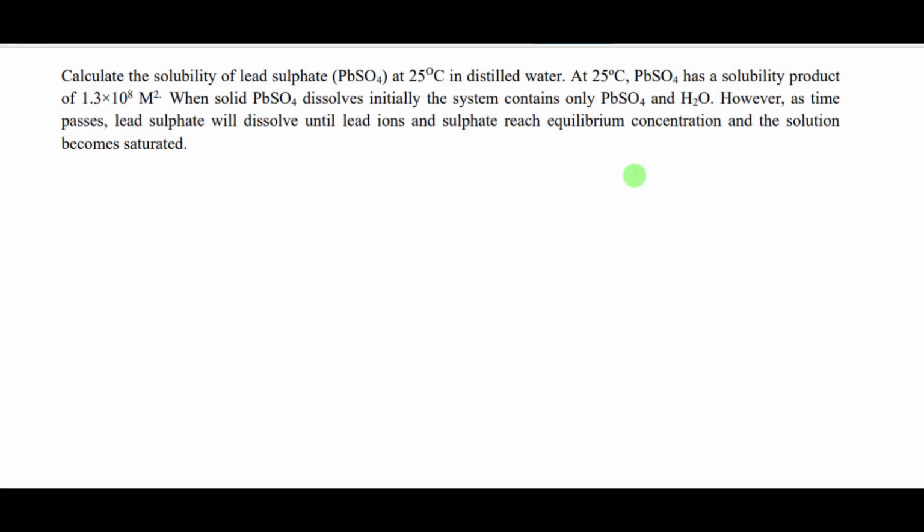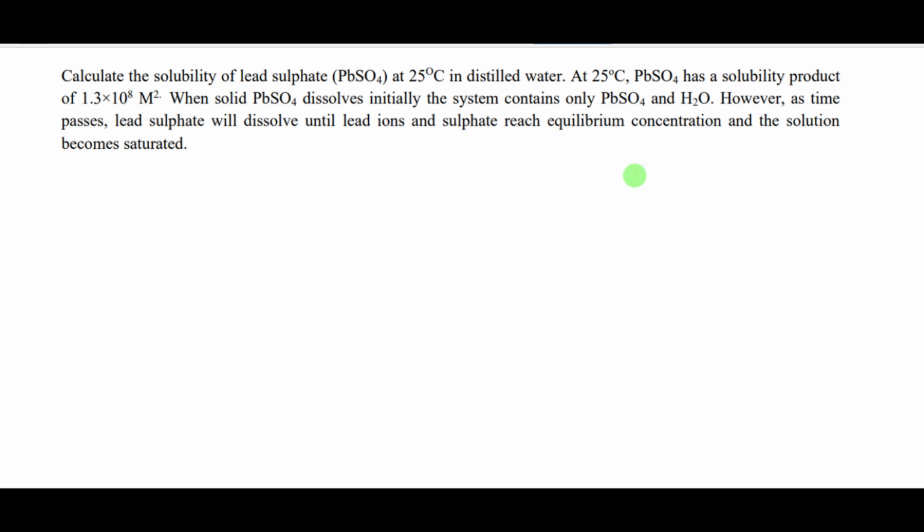Calculate the solubility of lead sulfate, PbSO4, at 25 degrees Celsius in distilled water. At 25 degrees Celsius, PbSO4 has a solubility product of 1.3 times 10 raised to the power 8 molar squared. When solid PbSO4 dissolves initially, the system contains only PbSO4 and water. However, as time passes, lead sulfate will dissolve until lead ions and sulfate ions reach equilibrium concentration and the solution